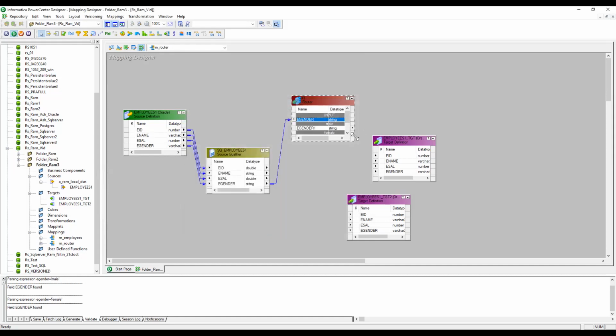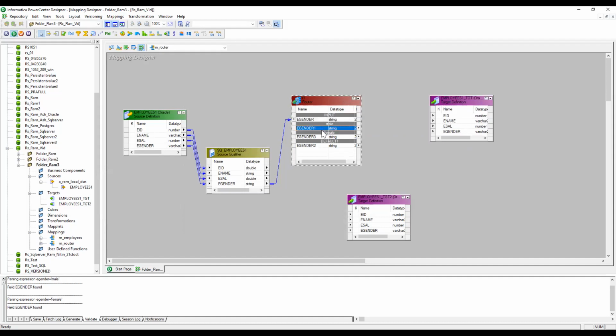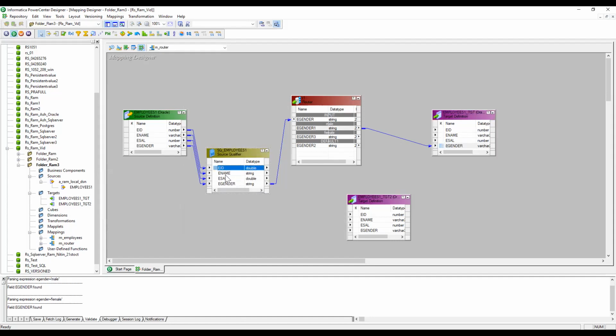Now I'm just connecting. Now you can see two output groups got created. Now first one is male, this is female, and this is default. Now I'm going to connect these two, employee gender. So we are passing only employee gender. Now you can pass employee name, employee id, and employee salary as well. You can pass to the input group. You can pass like this,